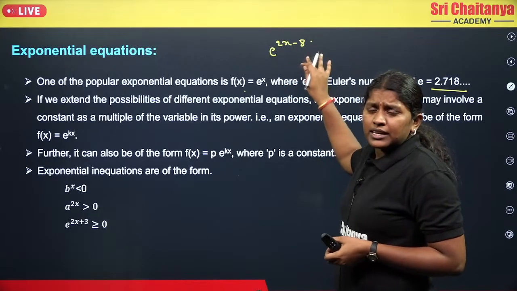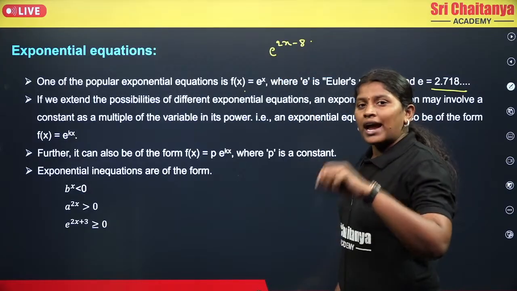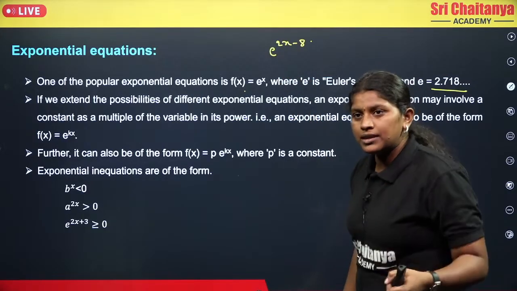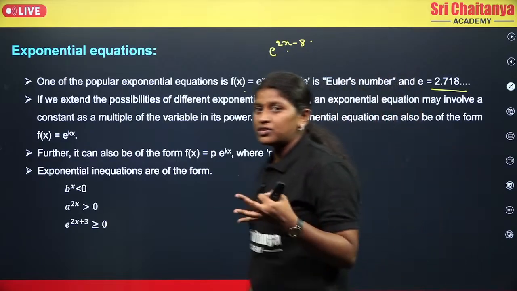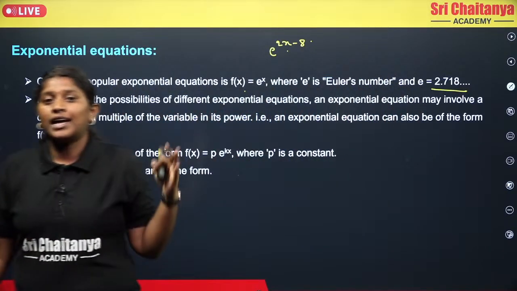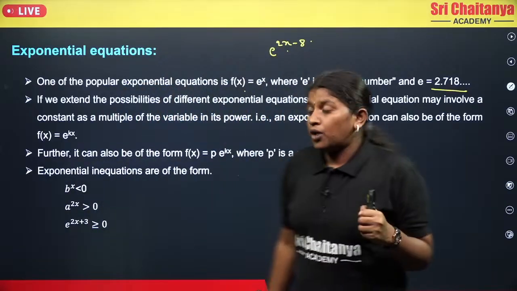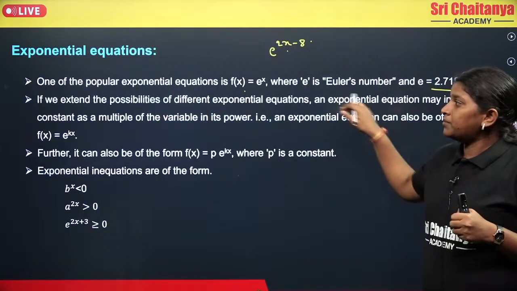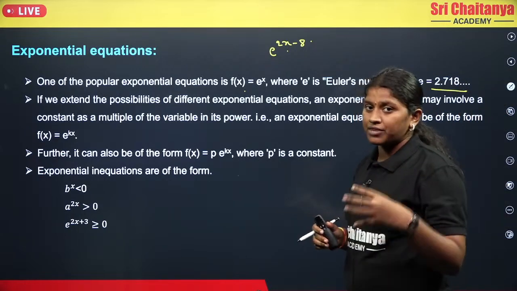So now this is an exponential equation where e is your constant value, and it is considered as Euler's number, and 2x minus 8. Here if you observe, we have a power which is nothing but a polynomial, that too a linear polynomial in the variable x. Now if you observe, we can extend whatever exponential equation we have